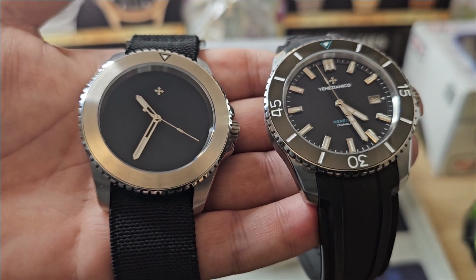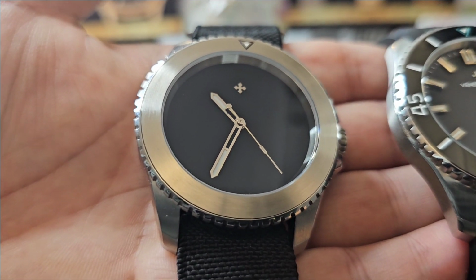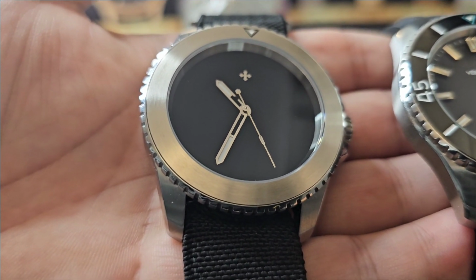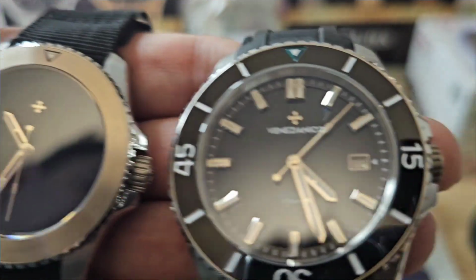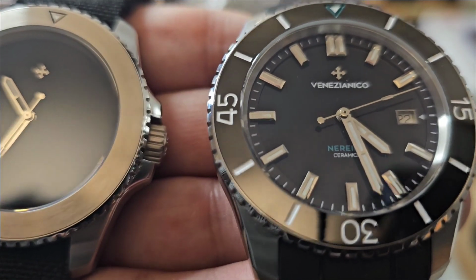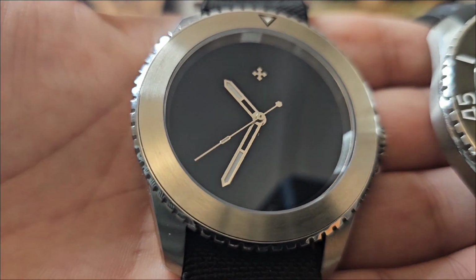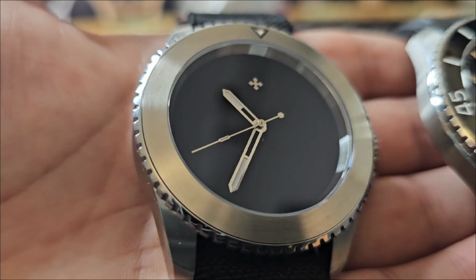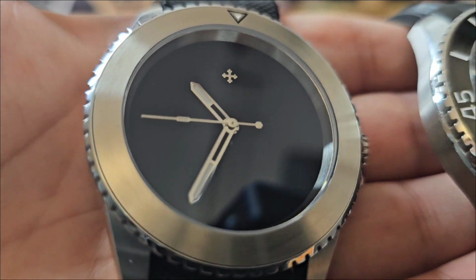It's a different kind of black. It just looks like a black hole that you can't see the bottom of. It's pitch dark. It's very different, I have to say. If you look at this, the enamel, beautiful different type of black as well. Lovely enamel paint on the ceramic version. But this version, you know, it's very simple, minimalistic, you could say, very cool, a different kind of look,